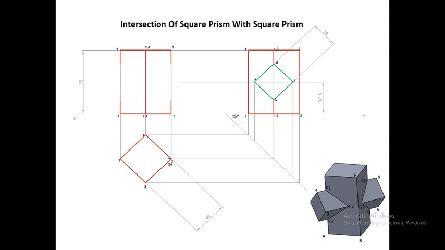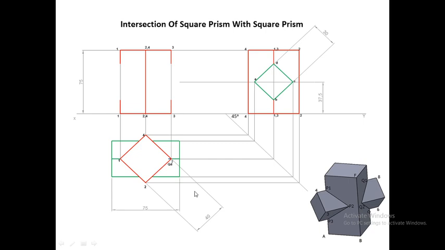So now we will project the top view from the side view. We have projected the edges A and C of the horizontal square prism. Now we will draw the top view. So finally we have drawn the top view of the horizontal square prism. As you can see from the top view, two rectangular faces will be visible of this horizontal square prism. Rectangular face 1, from here to here, and the second rectangular face will be lying on the back side. So we will get two rectangles in the top view. This is the first rectangle on the upper side, and this is the second rectangle on the lower side.